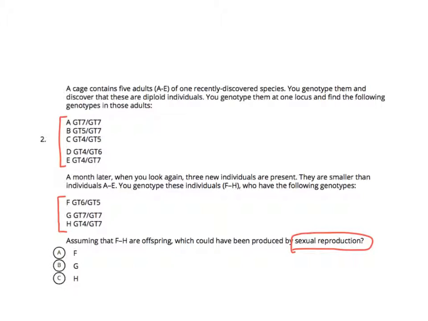So in this case, there were some mixed answers in class about which of those 3 different genotypes, F, G, or H, could have come through sexual reproduction. Are any of those genotypes not able to be produced by fusion of sperm and egg that came from these parents? So for those of you that said yes, how would you produce genotype G from the parents?